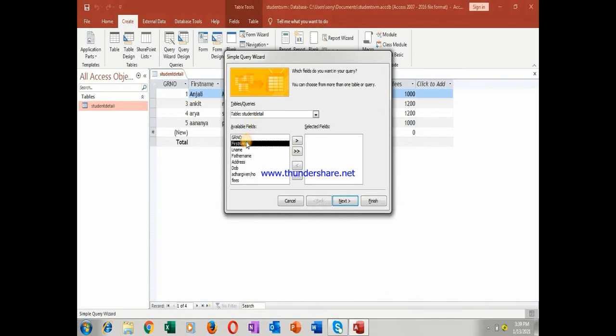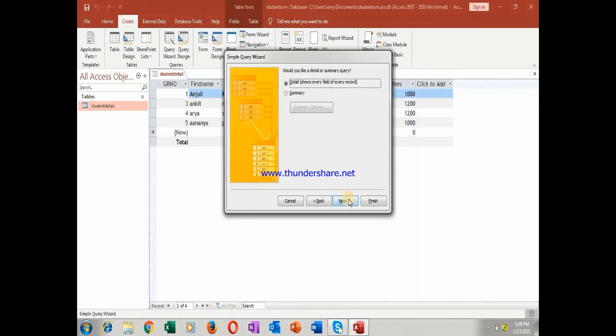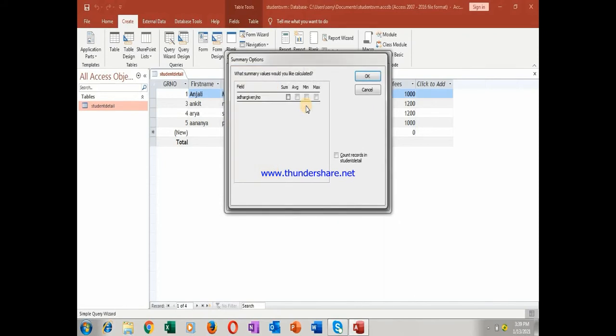Now let me first take First Name, and Aadhaar card given or not. Okay. Now next, can you see here? Press Next. Now, do you want to show every field of every record, or a summary? Summary option or details option. If you select the summary option, you can choose sum, min and max if you need, but we don't need them, only count.